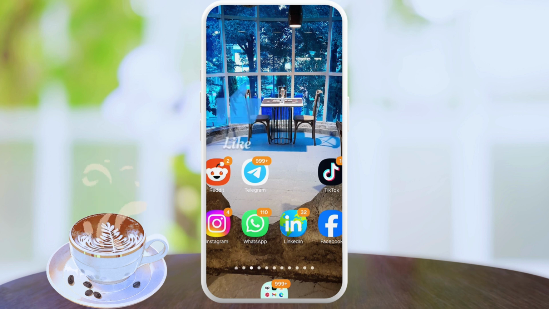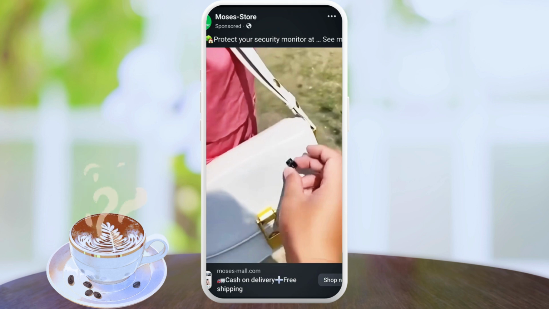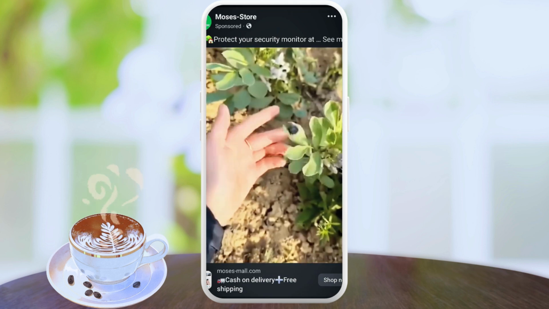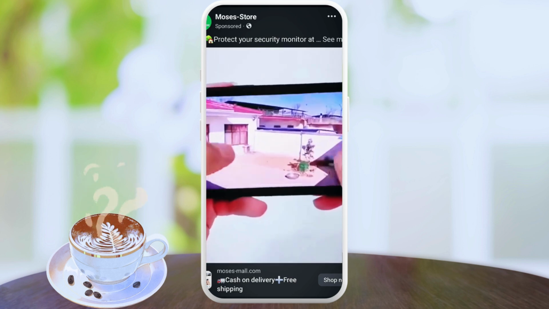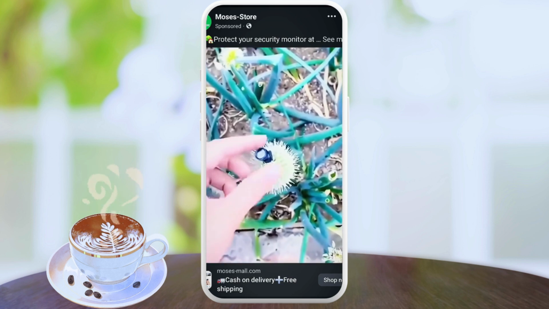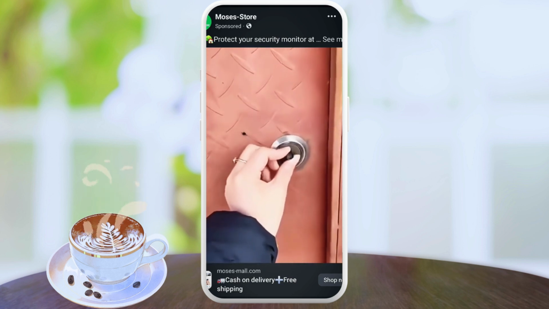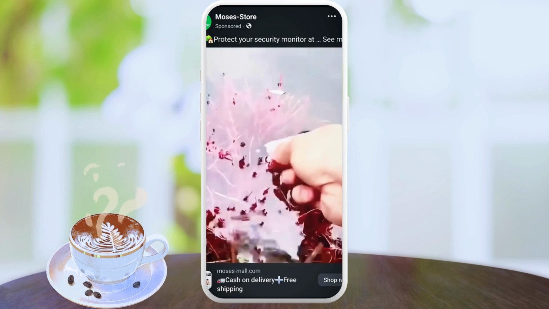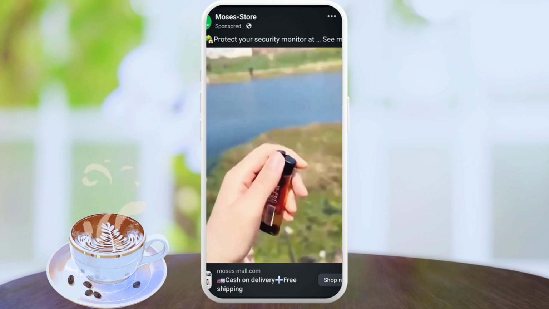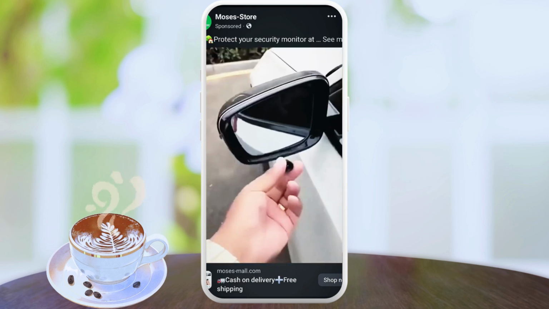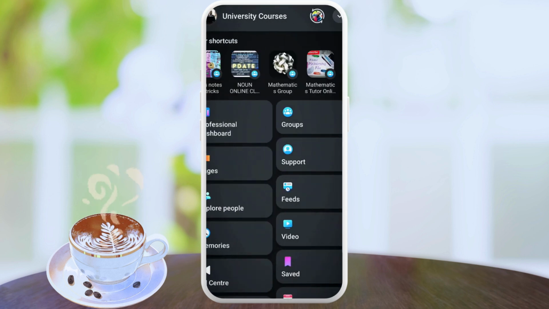Now, let's head straight into the video. Now we have Facebook. You want to head straight into the Facebook app, and in your Facebook app you want to go straight and ensure to have switched to your Facebook page, not your personal profile. Switch to your Facebook page. I have switched to my Facebook page, so you want to click on the profile picture there of your Facebook